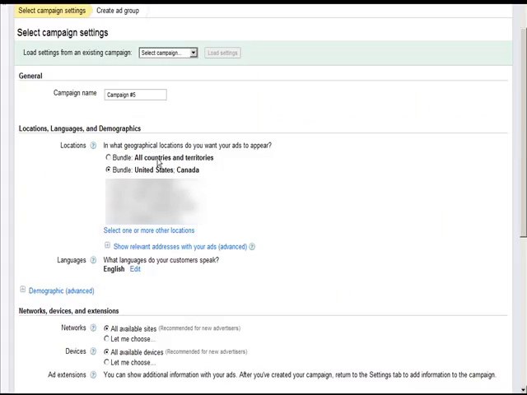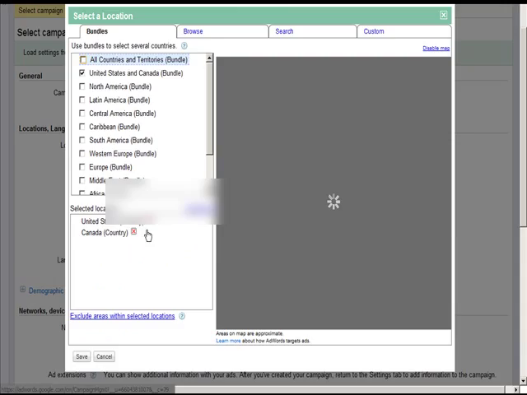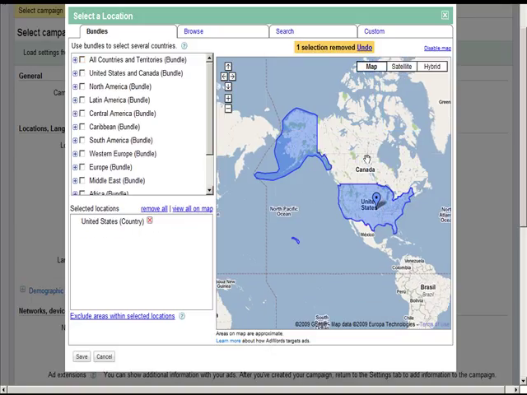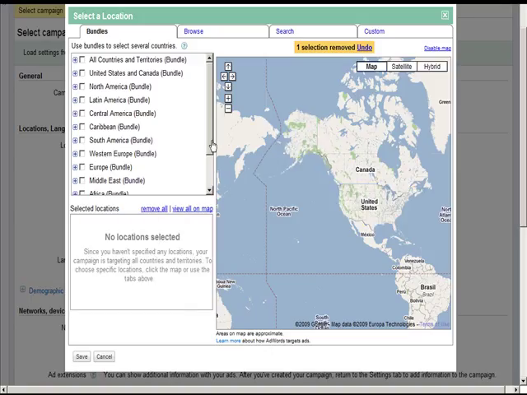What you need to do is click Create New Campaign, and you need to name the campaign. And then what I normally would do is not choose from any one of these. I would select one or more locations. Now it happens that by default my account chooses United States and Canada. I don't want to reach out to the whole of Canada or the United States, so I'm going to remove all, and I'm going to specifically choose by going to United States, clicking this,